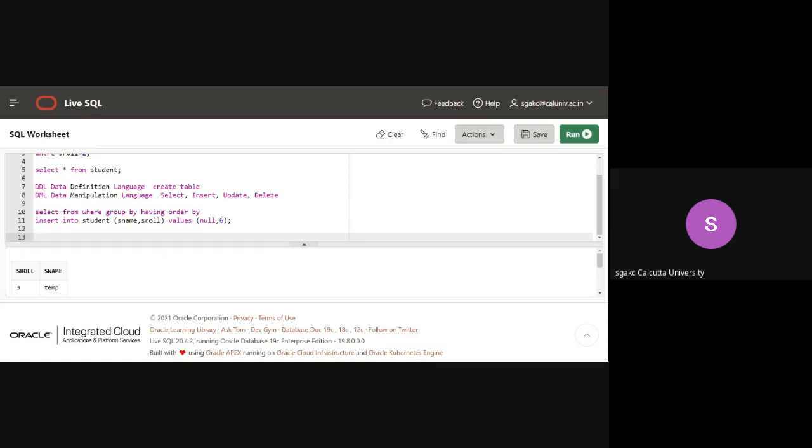So selects are called queries. Now you have understood update, and you have also understood delete. And so these are your DML statements. Okay, so now let me just stop my recording.